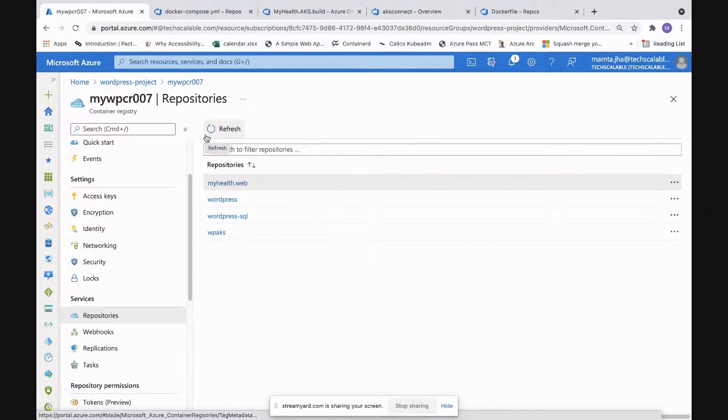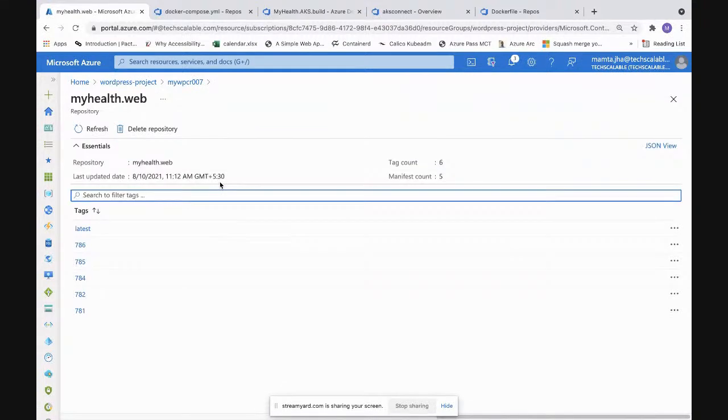So how is it? Container registry is a server. In that you can have several repositories, like my WordPress application if I'm pushing, or another application I'm pushing. They are kept in a different repository. This is for just my health clinic app. And in that, as many times as I build, I would have newer versions of the image.